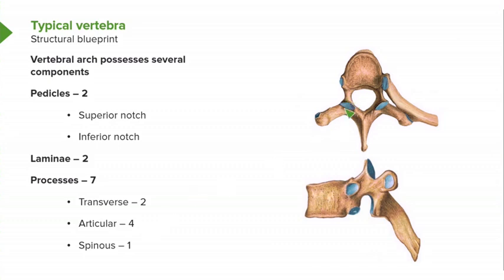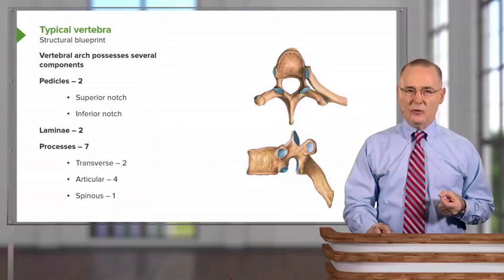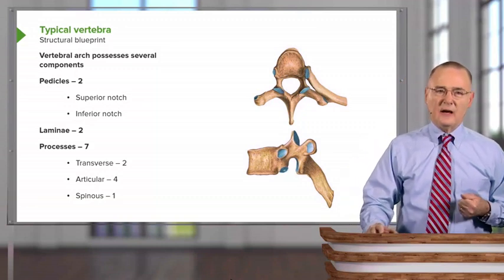Here in the upper image, looking down upon the superior aspect of this vertebra, we see 2 superior articular processes. If we take a look at the lateral view, we see those same articular processes looking like ears projecting upwards, but here are the other 2, and these are inferiorly oriented. So again, the vertebral arch is made up of 2 pedicles, 2 laminae, 7 processes,